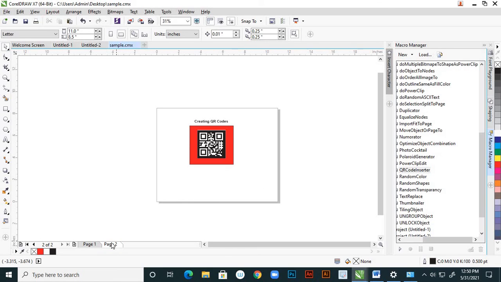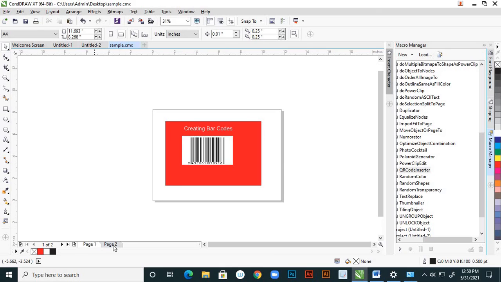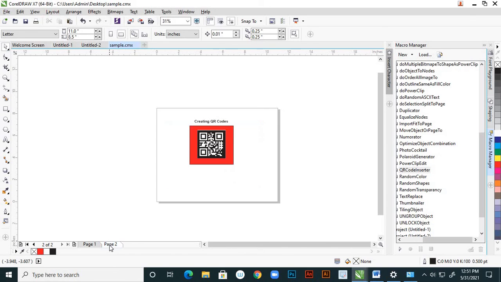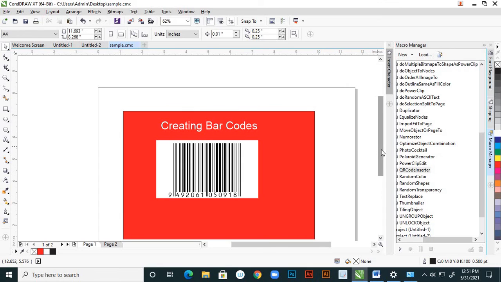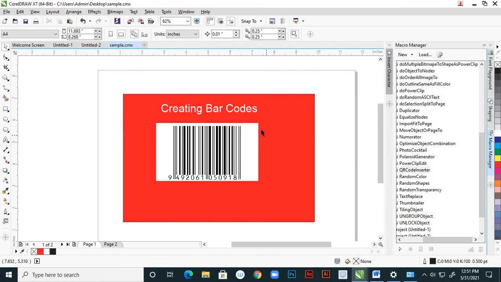So actually these are very easy, right? You also try yourself, and then you will understand creating barcodes and QR codes. In the next session I'll explain other topics. You practice this. If you have any doubt, please ask. Thank you.